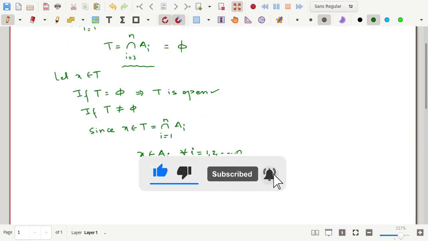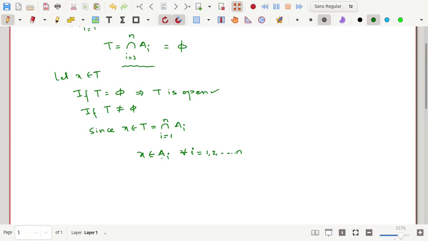And also we know that each A_i is an open set. Since all A_i are open sets, we must have, by the definition of openness, there exists, let's say, r_i greater than 0, such that the ball with center x and radius r_i lies entirely in the set A_i for all i.